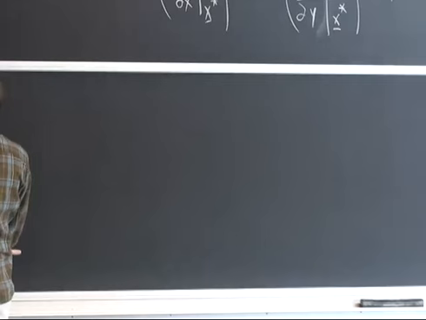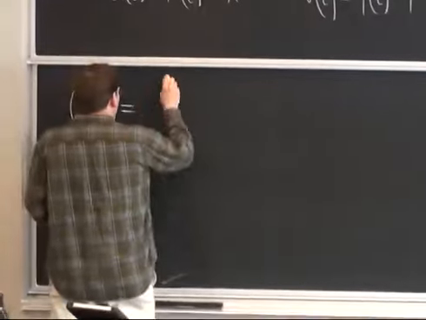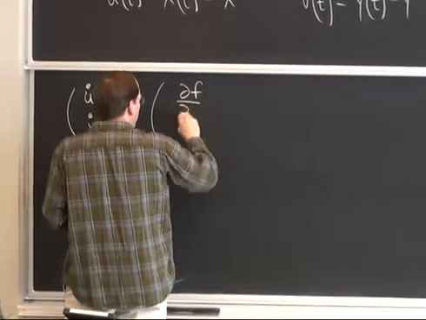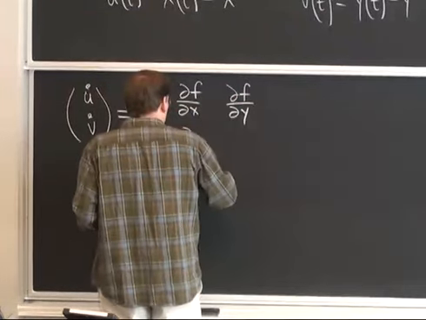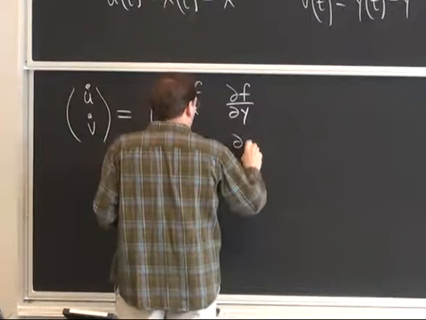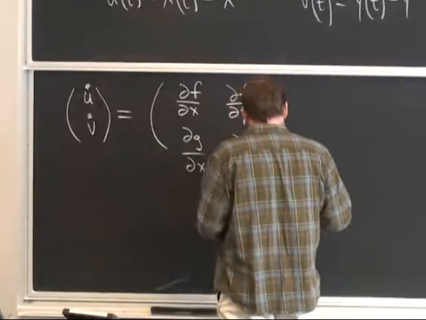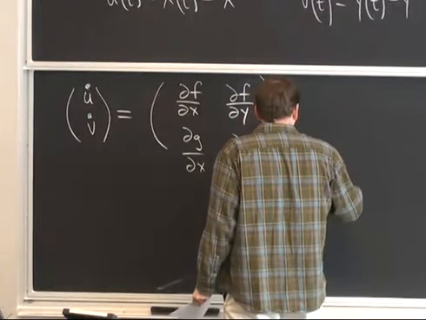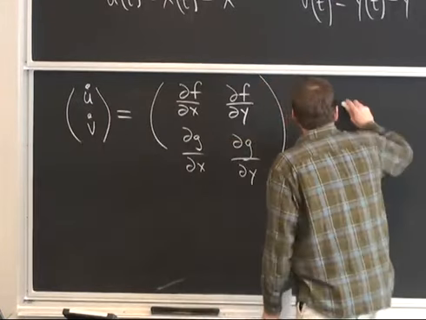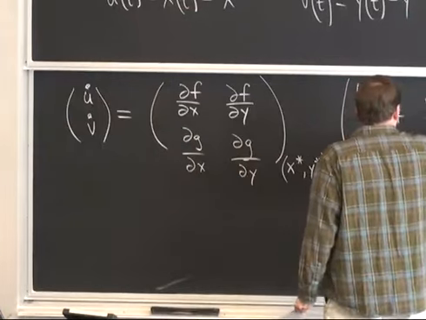That is, what we're saying is that u dot, v dot, regarded as a two-dimensional vector, is this matrix of partial derivatives, partial f with respect to x, partial f with respect to y, partial g with respect to x, partial g with respect to y, all evaluated at the fixed point in coordinates x star, y star, times the vector u v, plus the higher order terms,